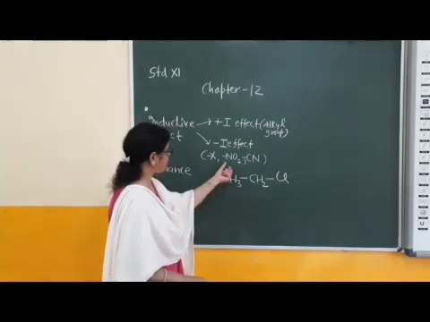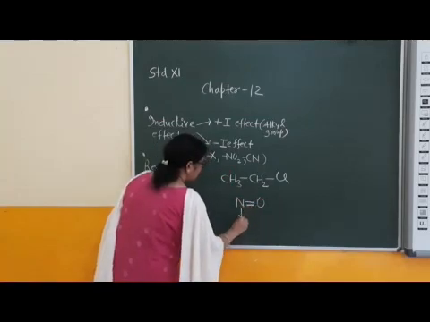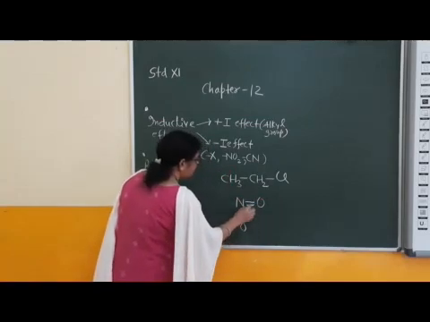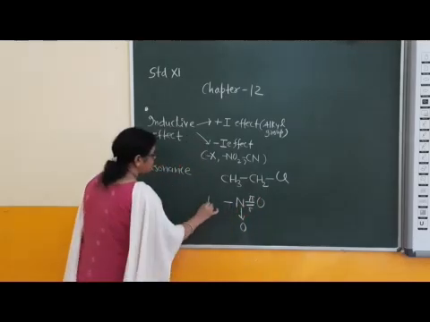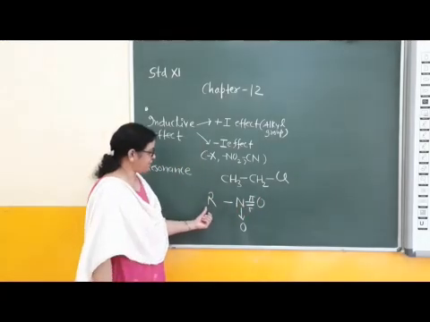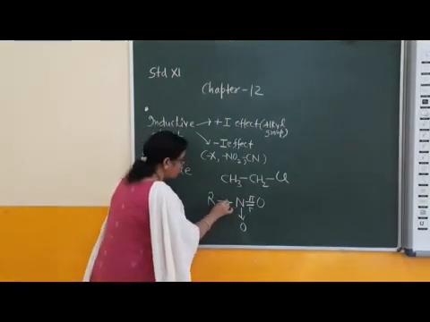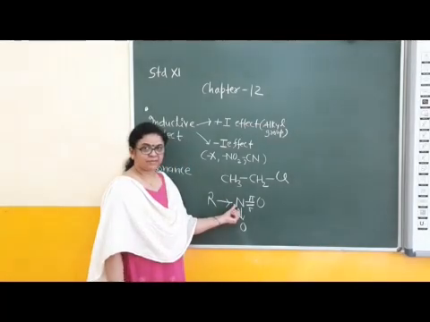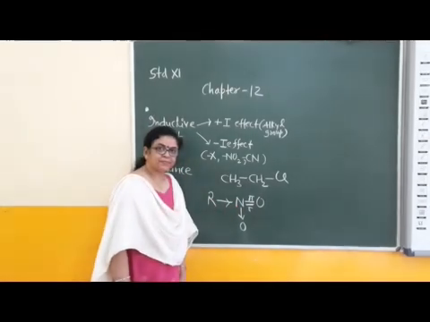Sigma and pi double bond are present in the nitro group. Its structure has one coordinate bond, a sigma bond, and a pi bond. If this system is attached with the carbon of an alkyl group, then what is the direction of shifting of sigma bonded electrons? Towards nitrogen, because nitrogen is more electronegative than carbon, right?